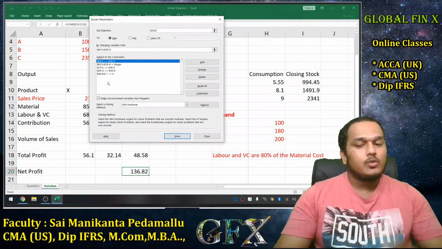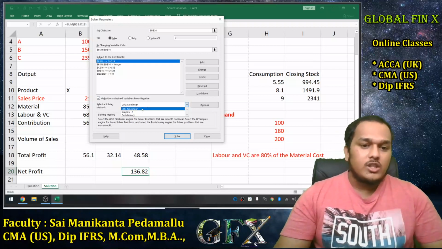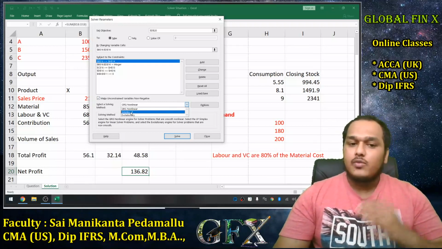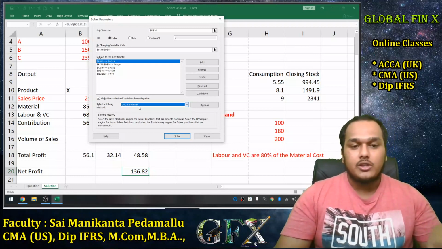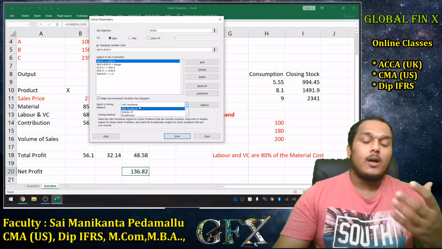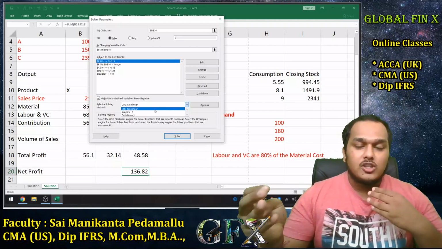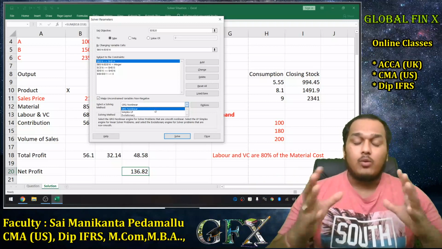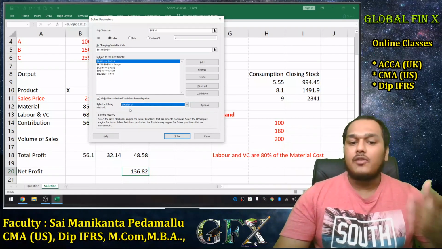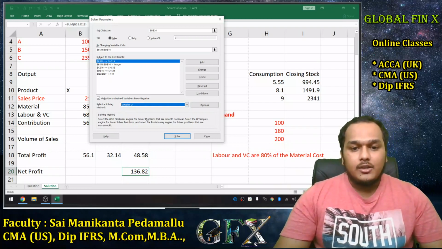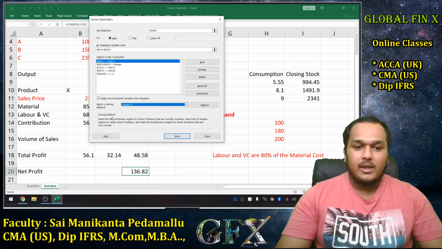I'm not going to go through with that, and I'm not changing any other options here because for my situation, non-linear is fine, simplex is fine, evolutionary is fine. Any option that I choose will solve my situation here. But if you want more statistical situations, you have to select non-linear, wherein your function is not in the form of y is equal to ax plus b or a plus bx, or if it is in a linear function, you can choose simplex.